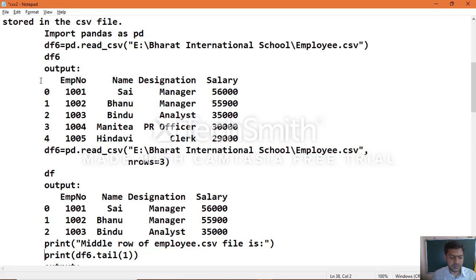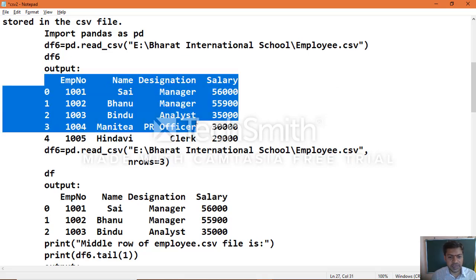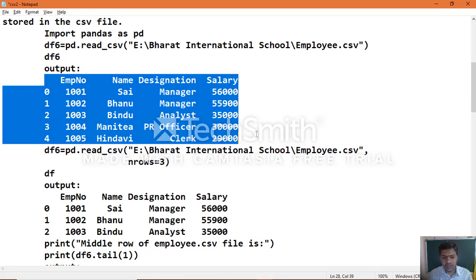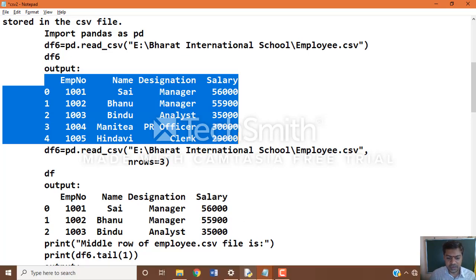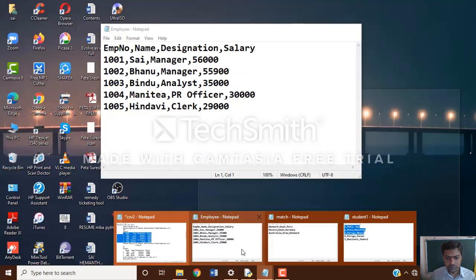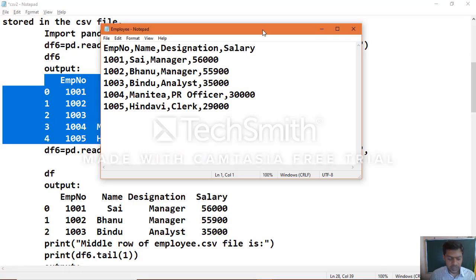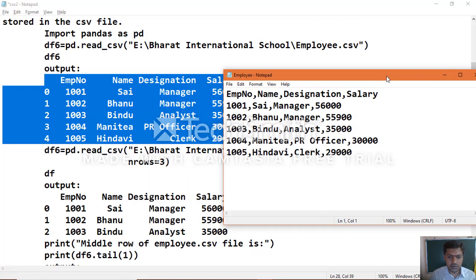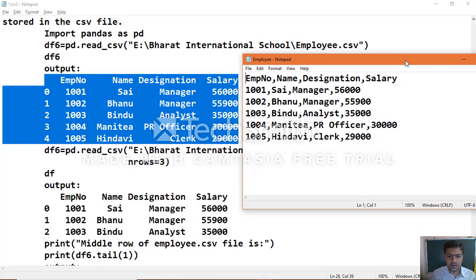In the earlier classes we created the employee CSV, and the same thing we make use of here to execute the concept of accessing a number of rows and middle values. Let's see the employee CSV file. We already know how to create a CSV file, but still, again open a notepad and type the data which you want. Yes, you can type it.